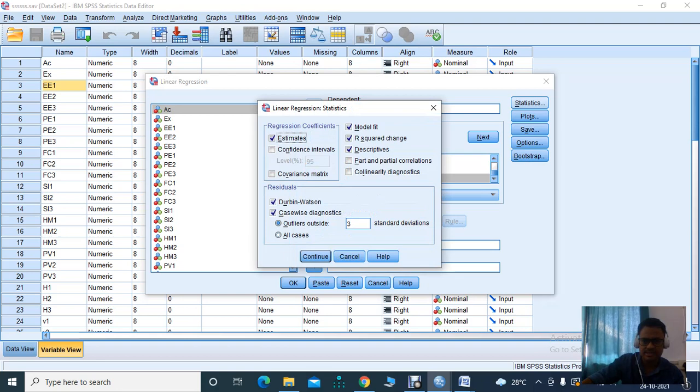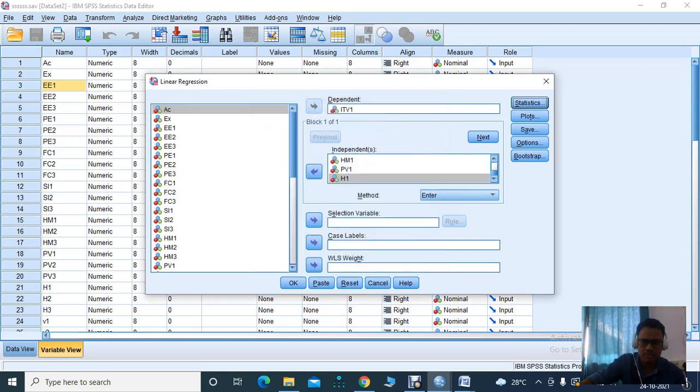In Statistics, we have the estimates, model fit, R squared change, and descriptive statistics. For checking multicollinearity and other assumptions, we select Durbin-Watson and casewise diagnostics. Also, we can check collinearity diagnostics in order to see the VIF value, that is, variance inflation factor.